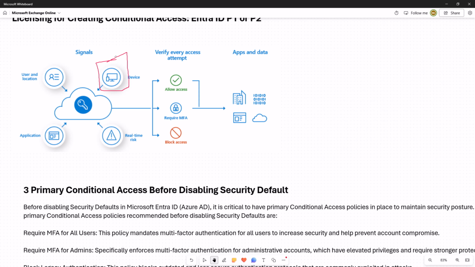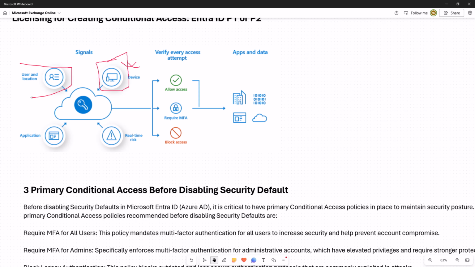Where do you set the compliance? The device compliance policy is in endpoint protection, Microsoft Intune. Microsoft Intune will send a signal that this device is not compliant. If the device is not compliant, it will not provide you access. You set this in conditional access.